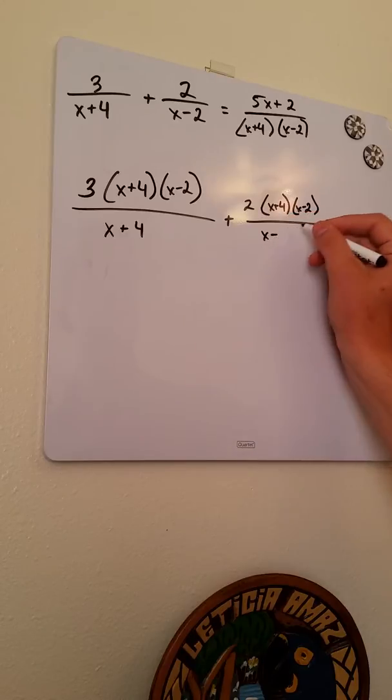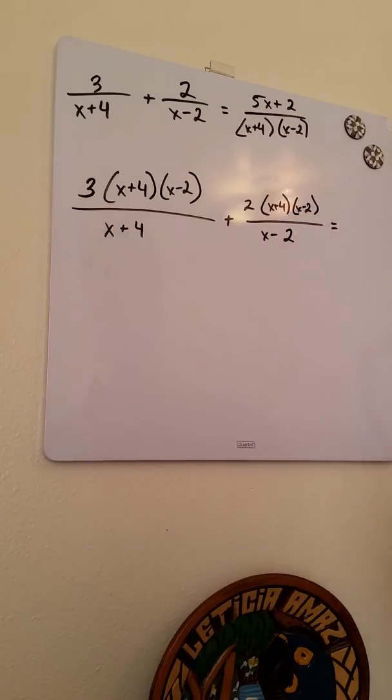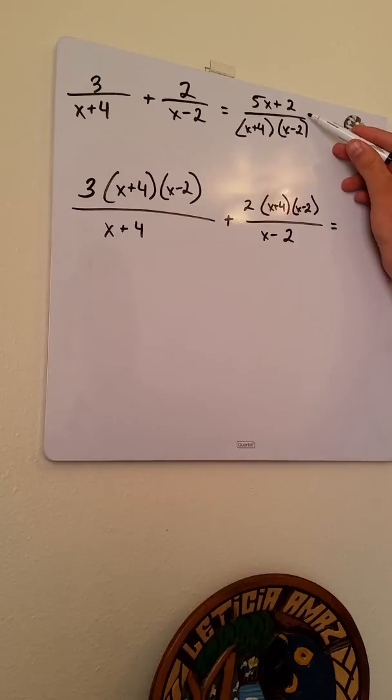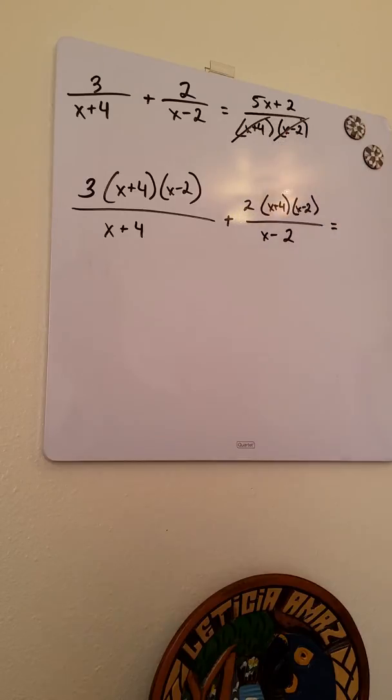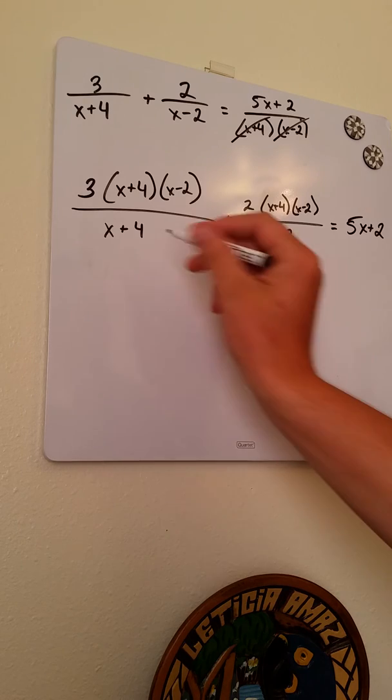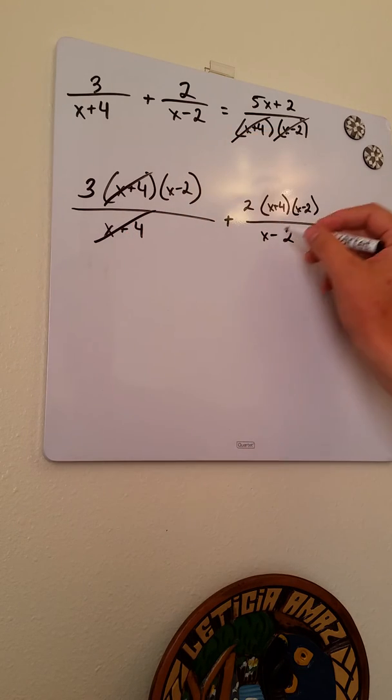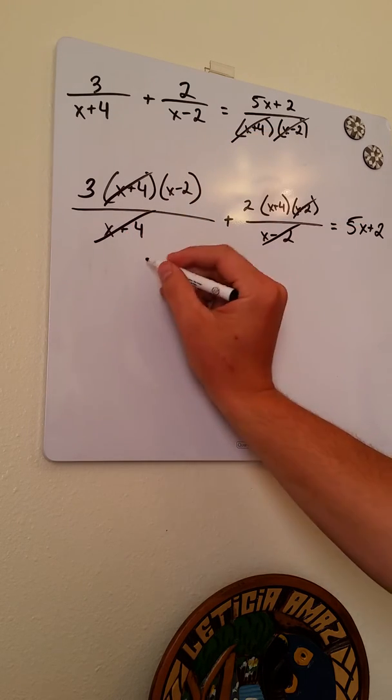over x minus 2. And for sake of room, if we notice here, if we times the top by x plus 4 times x minus 2, excuse me, then both these terms are just going to cancel out. So I'll simply come down here and put the 5x plus 2. Hopefully that makes sense. Now we can see that these terms will cancel each other out, and we simply have